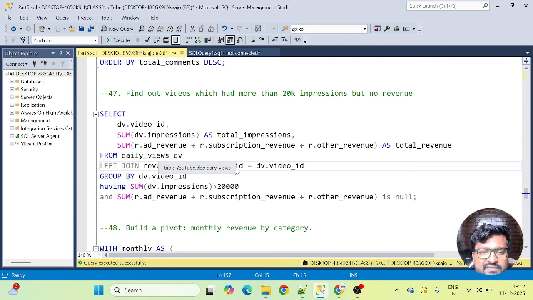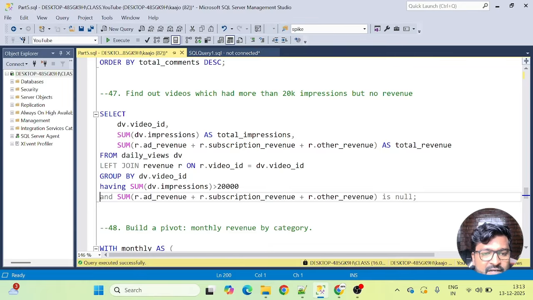So what I've done here is pretty straightforward. I've taken the daily views table because I have been asked to deal with the impressions, right? And here I've added a filter with a having clause, sum of impressions greater than 20,000, because in the daily views table, again I'm repeating, you have multiple records for one same video. Then doing a left join with the revenue table, on video ID to video ID, grouping by video ID, of course.